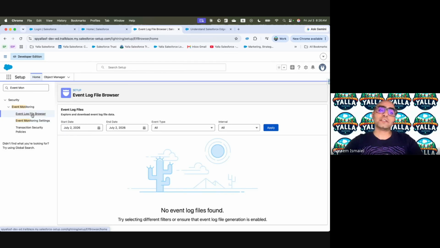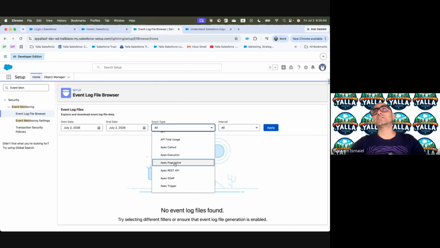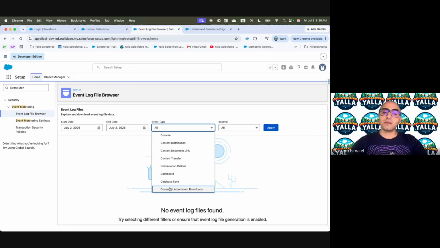So you will have access to this event log file browser. And you can say, I need to see the logs from that day to this day. And then it will ask you which event type you want to track. So all of these things you can track using event monitoring. The one we are talking about is hostname redirects.